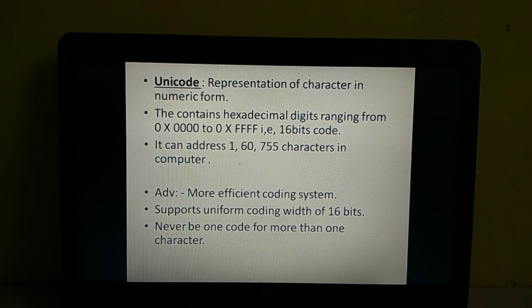Then about Unicode, I have told you it is a representation of character in a numeric form, and it uses hexadecimal digits ranging from 0000 to FFFF, and it takes 16 bits code, and the address exceeds to 1,60,755.